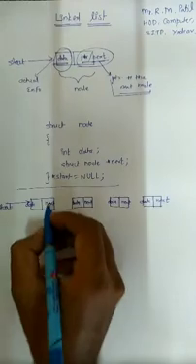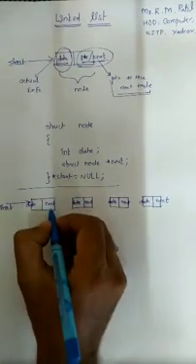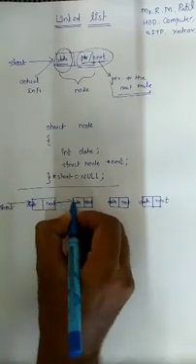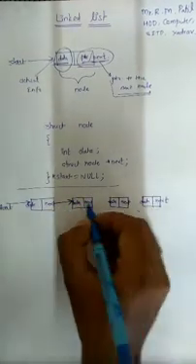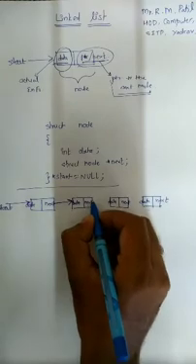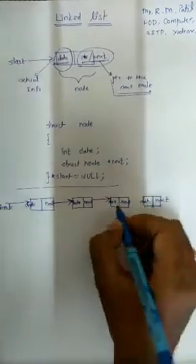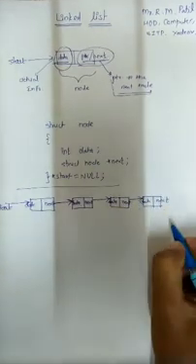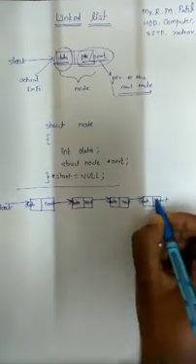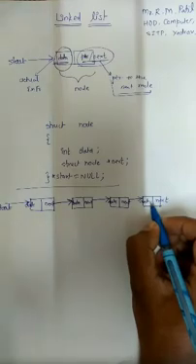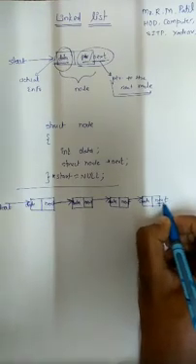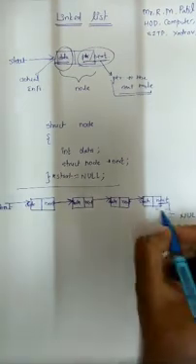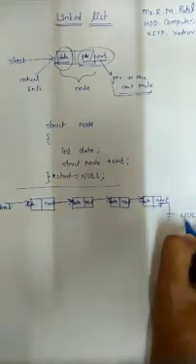Into the first node, the actual address of the next node is stored, so the link is given to the next node. In the second node, the address of the third node is stored. In the third node, the address of the fourth node is stored. Now consider this is the last node of this particular linked list. Here at the end, in the last node, null is stored. It means that this is the end of our linked list.